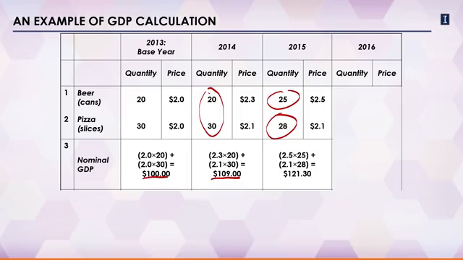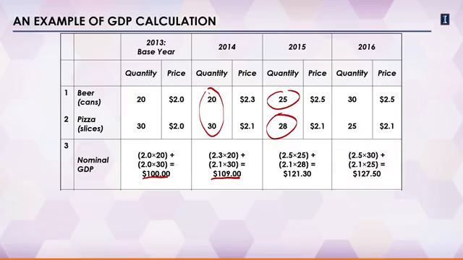If we want to compare GDP and well-being of people in 2015 compared to the previous years, it becomes complicated because there's more beer and less pizza, and the question becomes, are these people better off or not? Again, we're going to come back to the ways of measuring GDP in comparable ways, but for now, let me describe what happens in 2016. Prices stabilize, but quantities continue to change. There's going to be more beer in this economy and less pizza, and eventually GDP adds up to